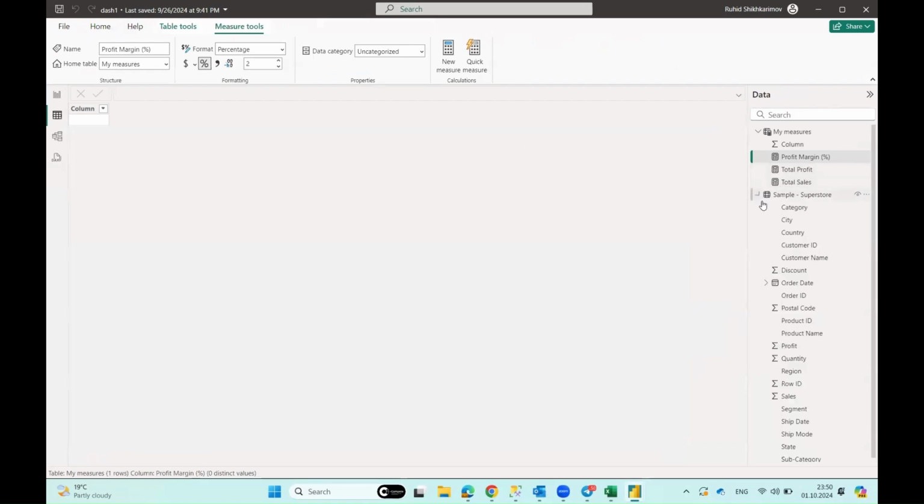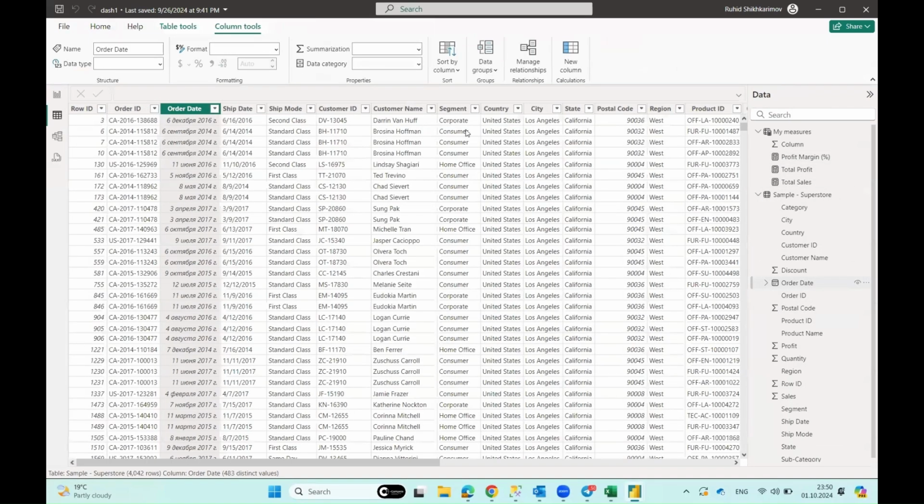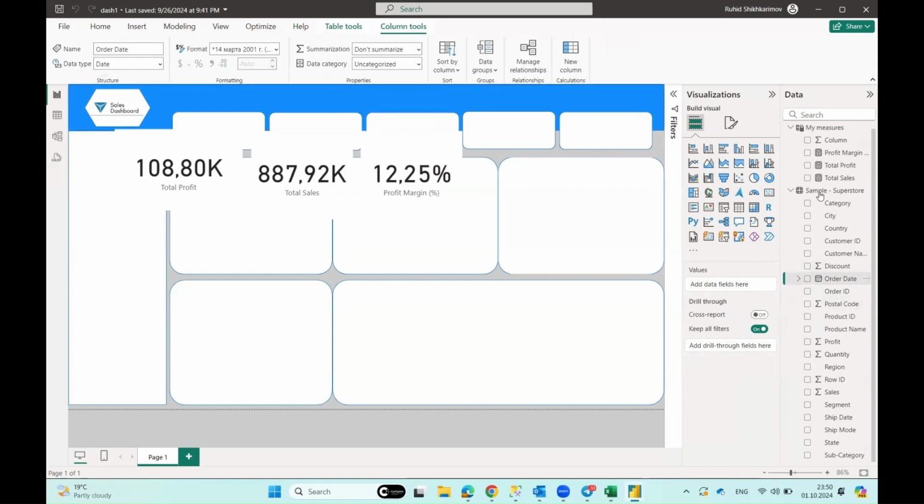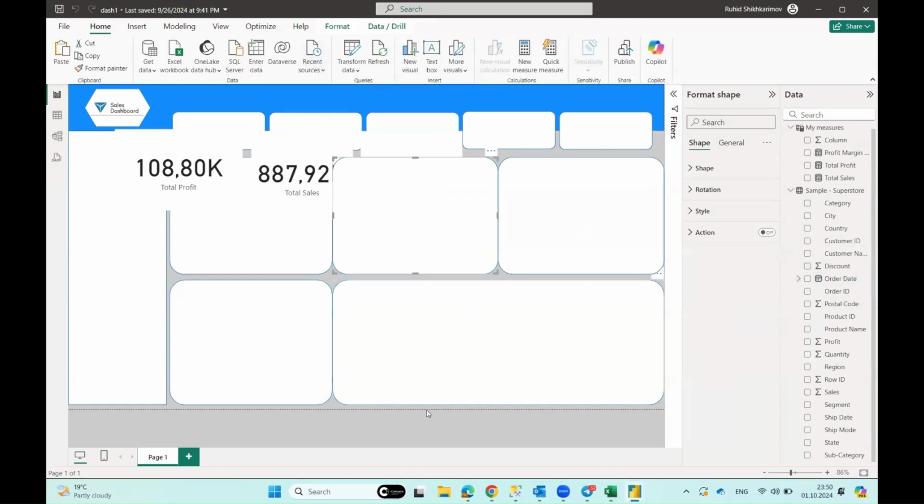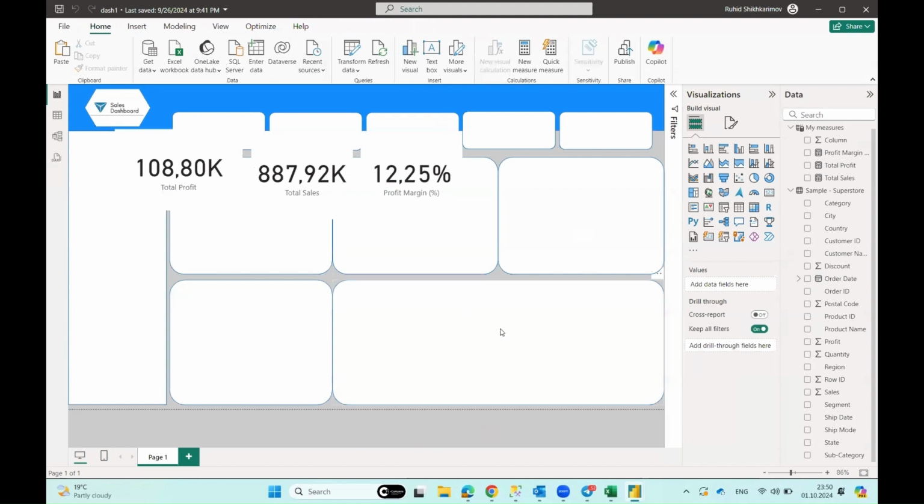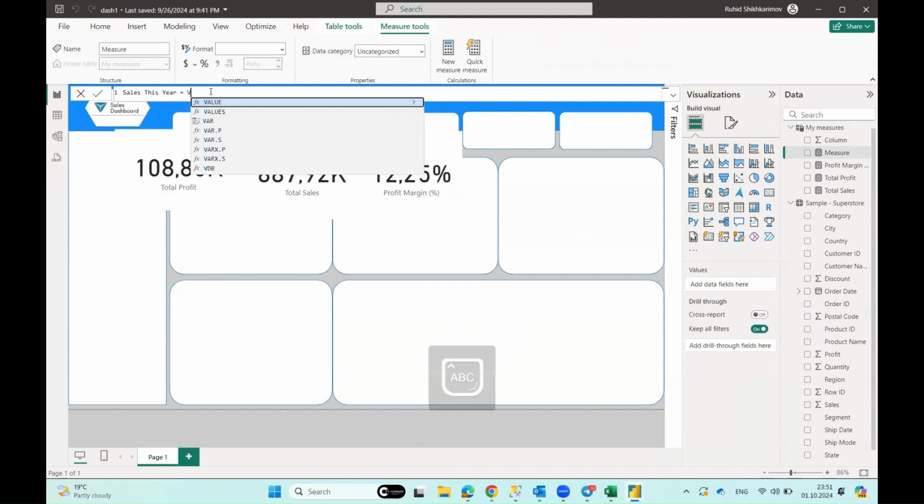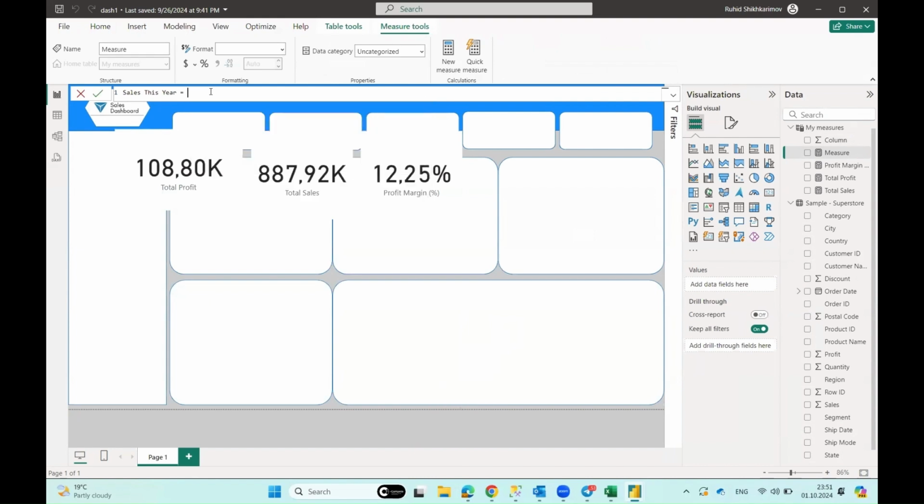We have, of course, the order date here. You can see it has the data type of date here, and you can even see it from here. And now I will create a new measure here and call it the this year measure. The sales this year will calculate the total sales